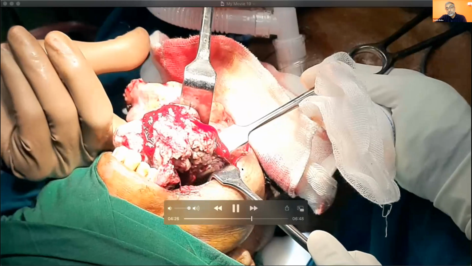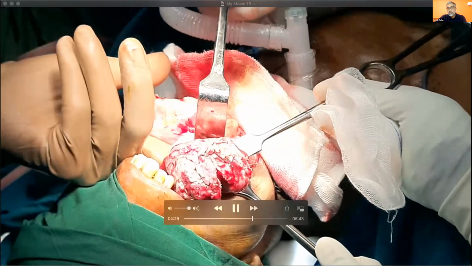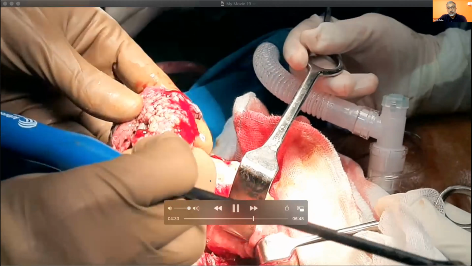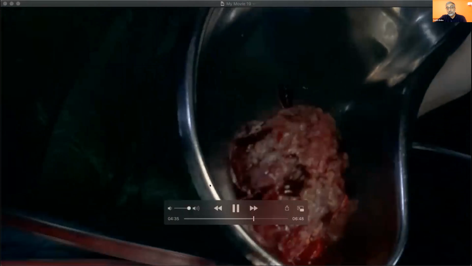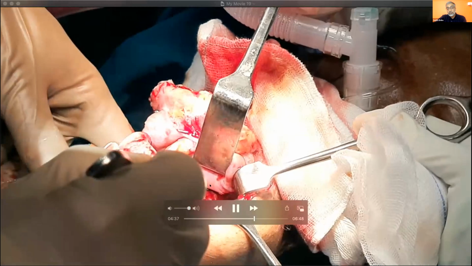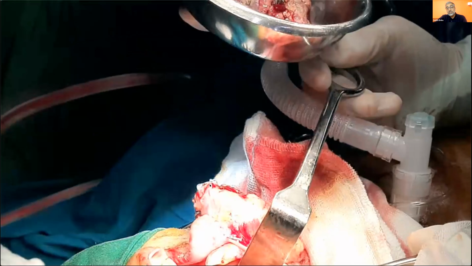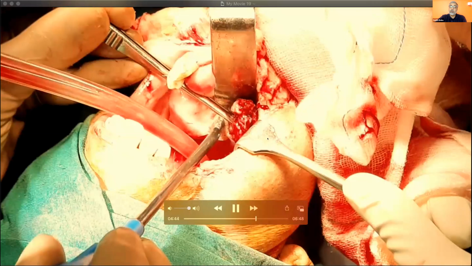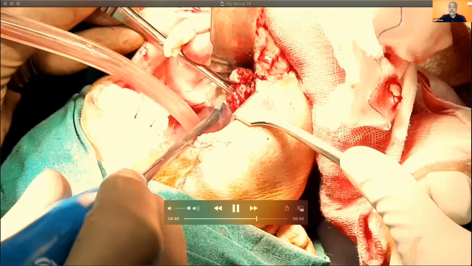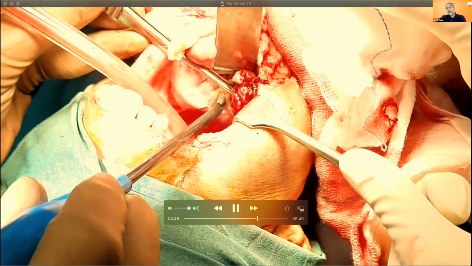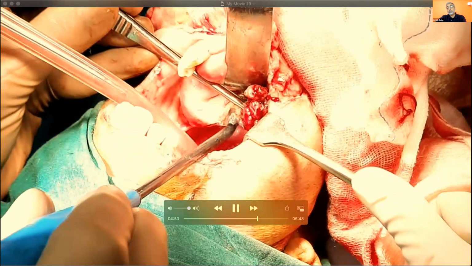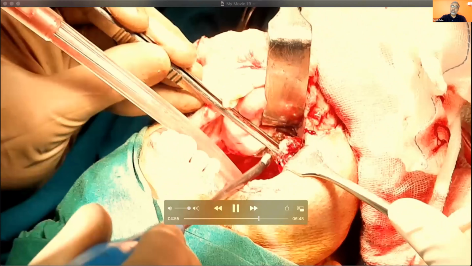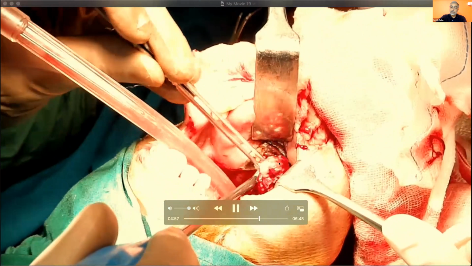So what I did was initially debulk the tumor, because it was a polypoid tumor. I couldn't even catch it with any forceps, and that was the first part of the tumor. It had two parts, if you could notice, and that was the second part. And that was the residual tissue, which was the base of the tumor, and that was removed with margin. And you can see clearly here how this cutting goes. There is very minimal bleeding. It cuts very easily,